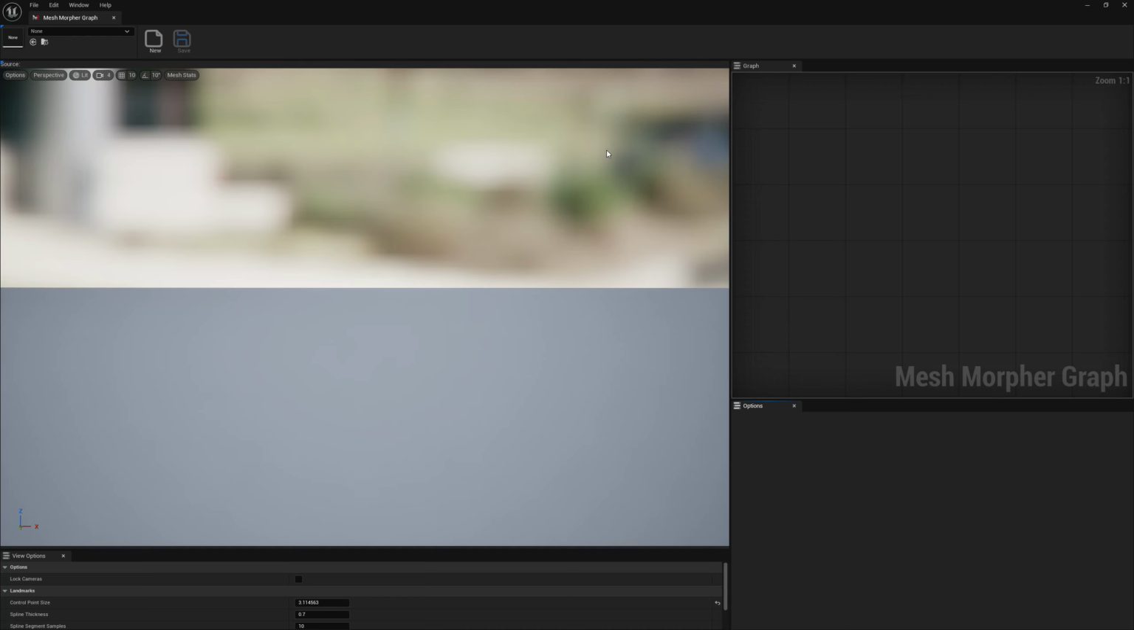In this video I'm going to show you how we can modify and sculpt geometric caches in Unreal Engine. We will use Mesh Morpher Graph. Mesh Morpher Graph has this new functionality that allows us to modify geometric caches right inside Unreal Engine, right? So to do that, we need to open a graph and we need to search for a